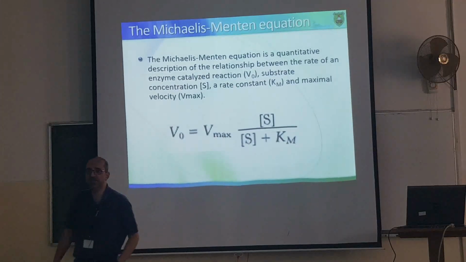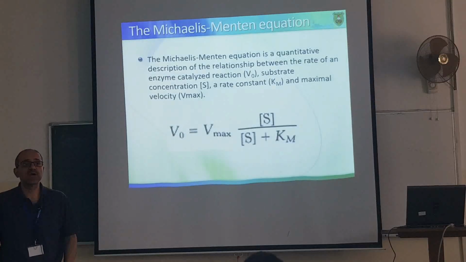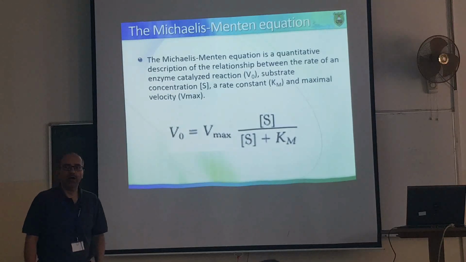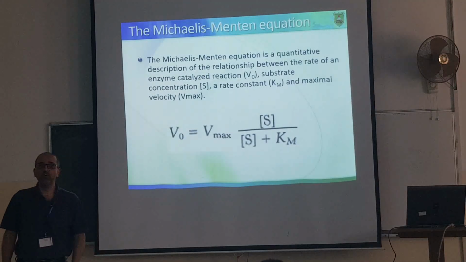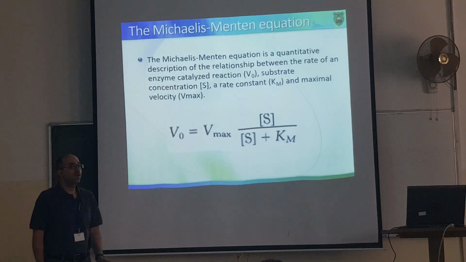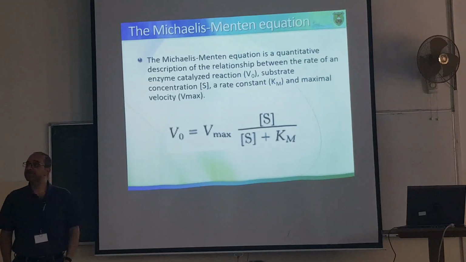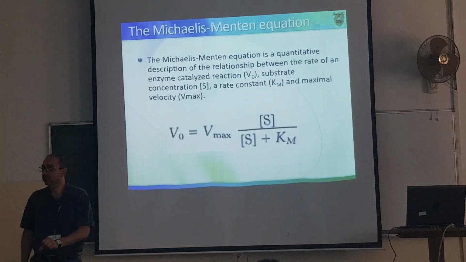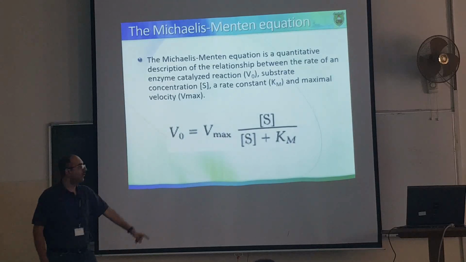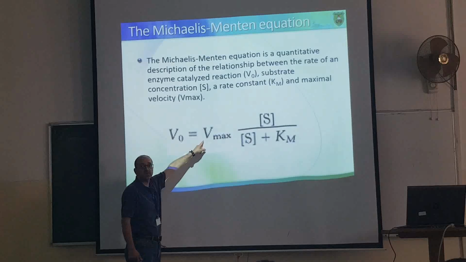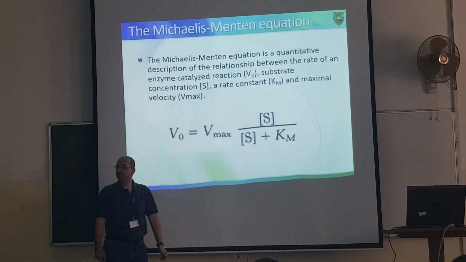And what if our substrate concentration is equal to the Km? ايش الفيلوسيتي راح تصير؟ نص Vmax. صح. إيه؟ إذا now we can define Km. Km is the substrate concentration. امتى؟ when V equal to half of Vmax.